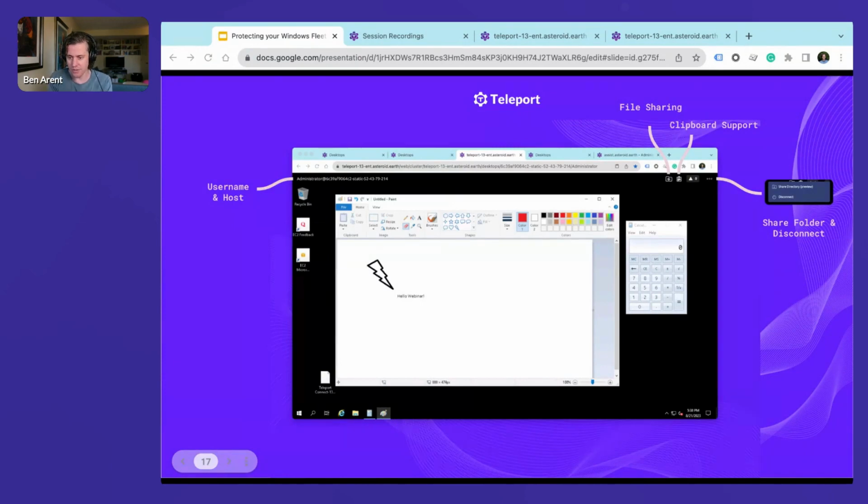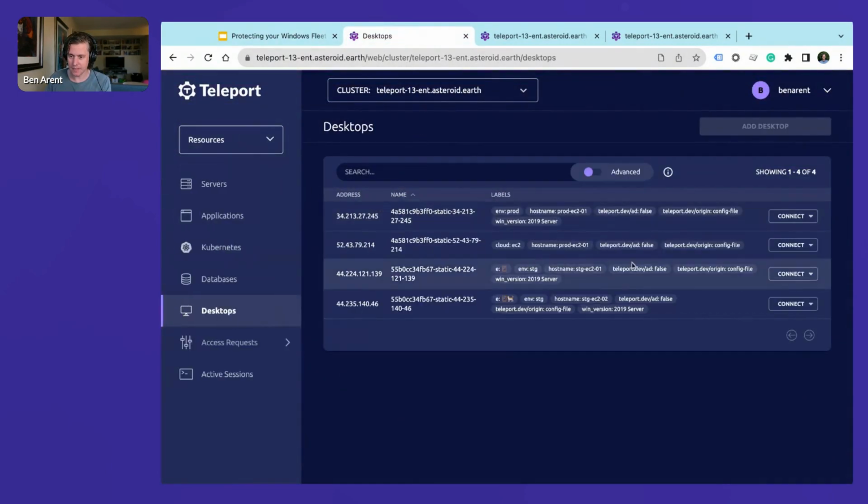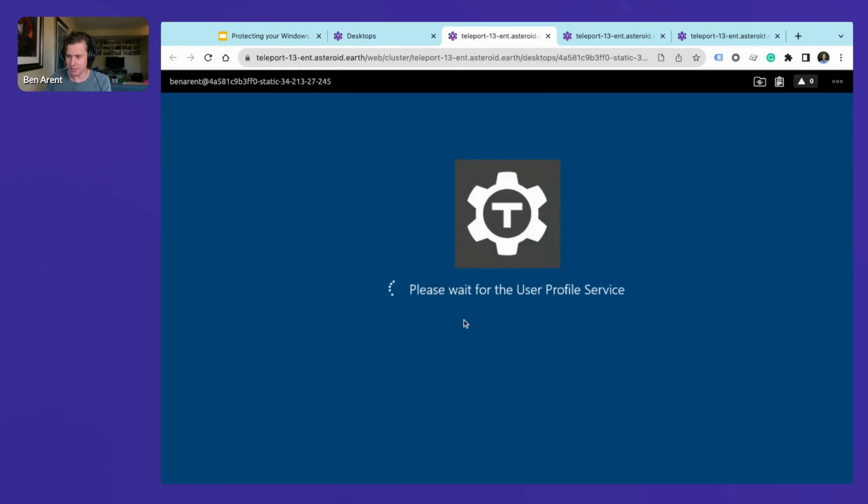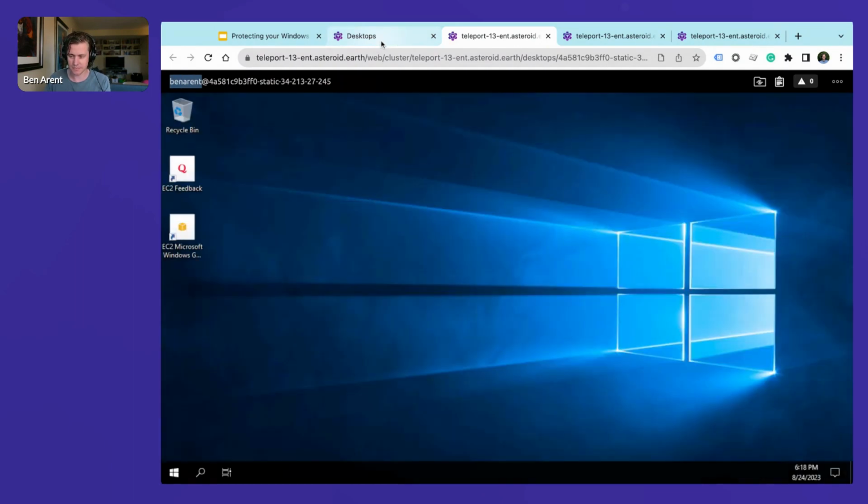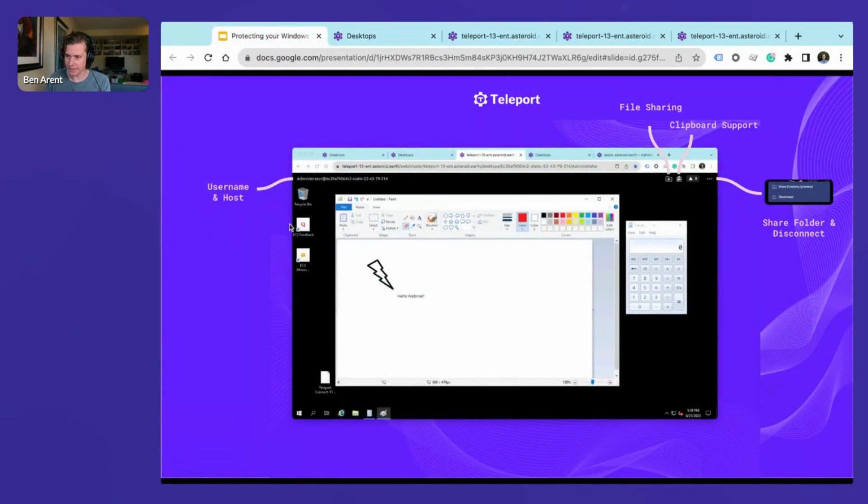So just to review, we have username and host. We can also actually create users on the fly based upon the login. So I have my local user here, Ben Arendt. This user will get provisioned and created for me. And so you can also use this as a mapping to not use administrator or use other local accounts. And we have file sharing, we have clipboard support, and everything else. So I think that's a nice